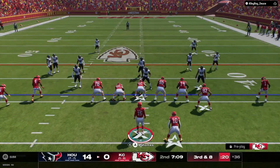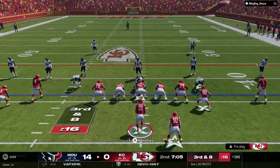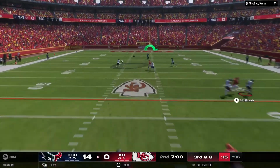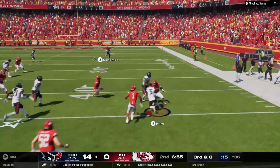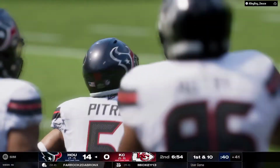They need 8 as they come up for 3rd down. Out of the gun, here's Mahomes. He's going to let this one go for Worthy. And his offense is going to be all set up with a short field and a chance to extend their